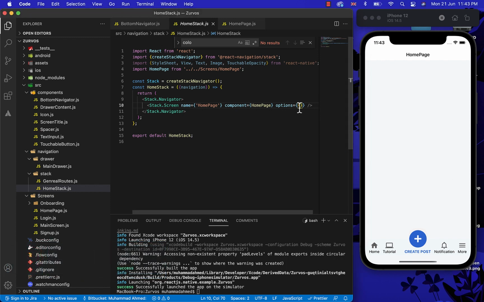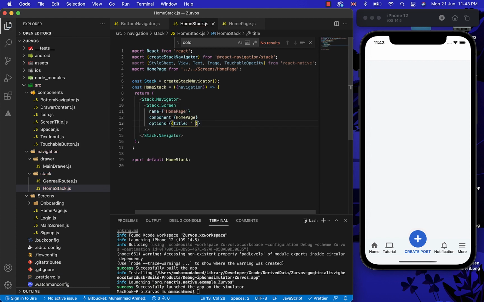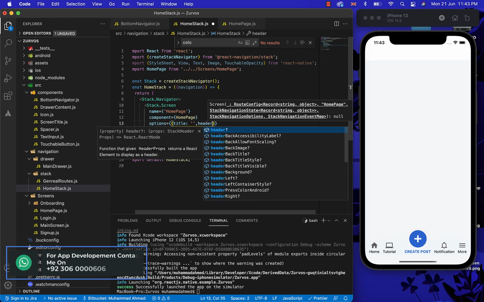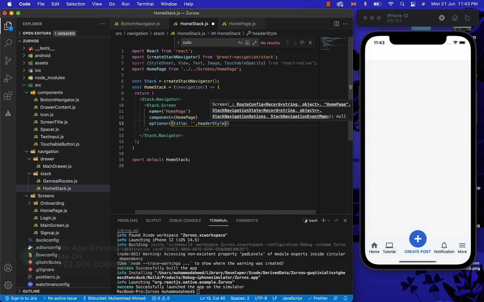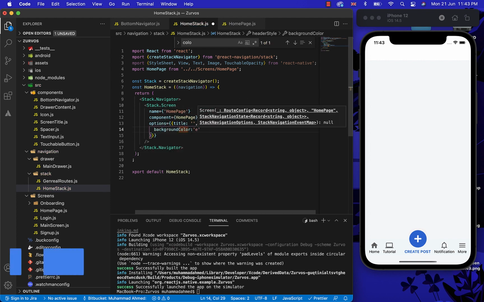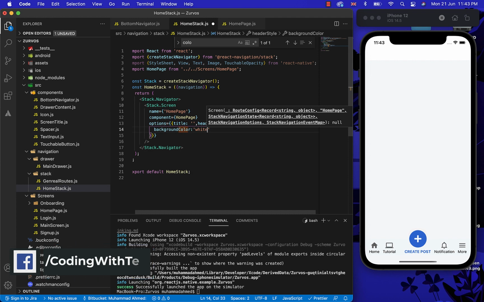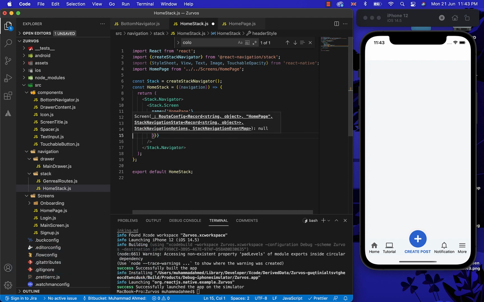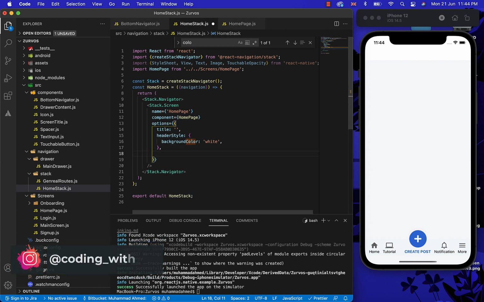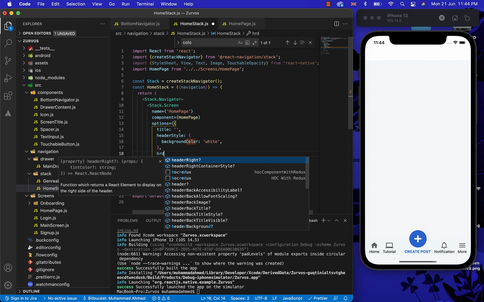On the homepage stack, in the options, let's just put title as an empty string because we don't need any title here. So first, let's just put something in the header left.